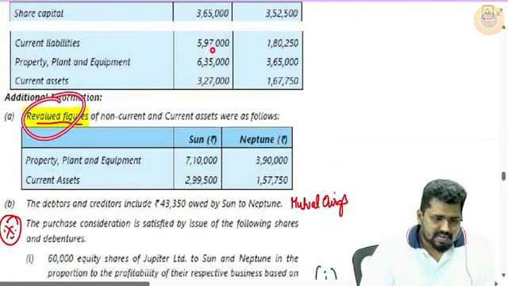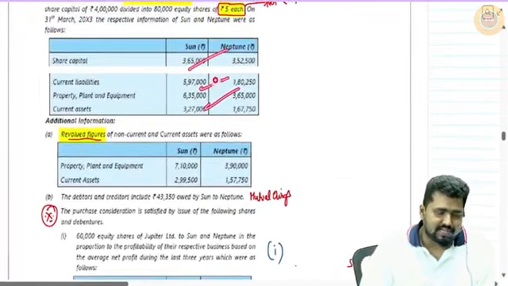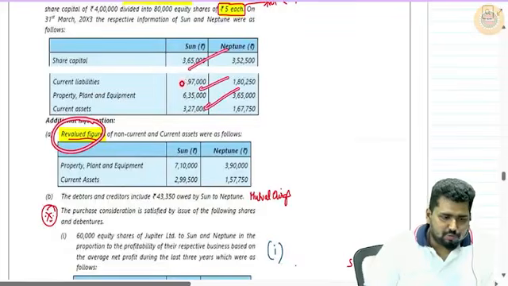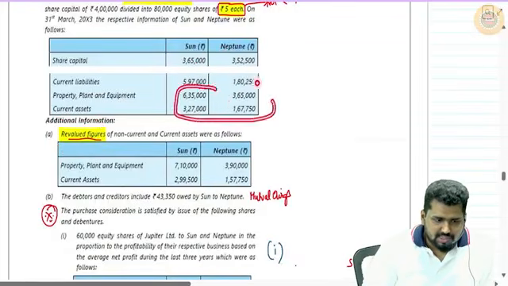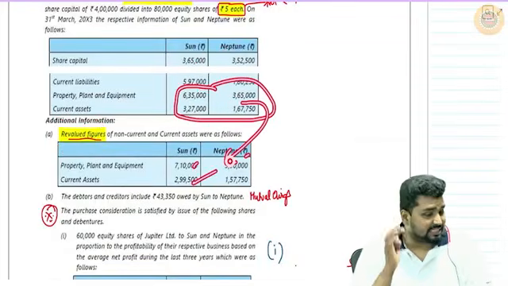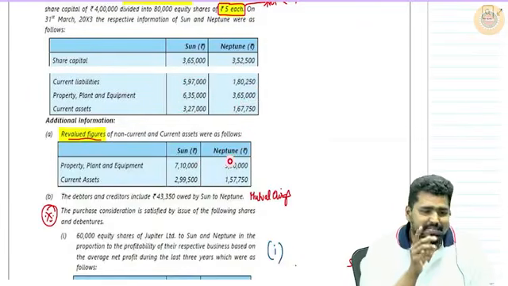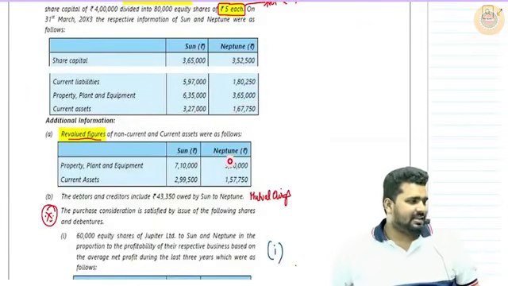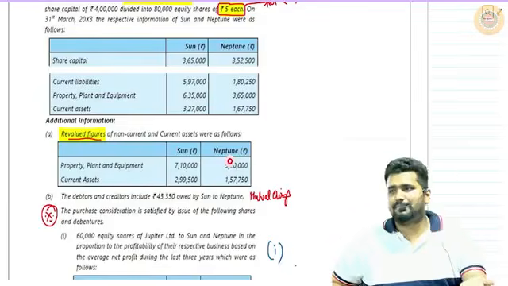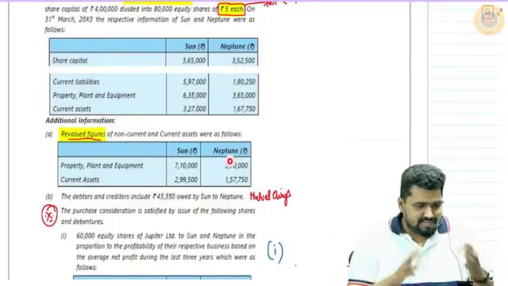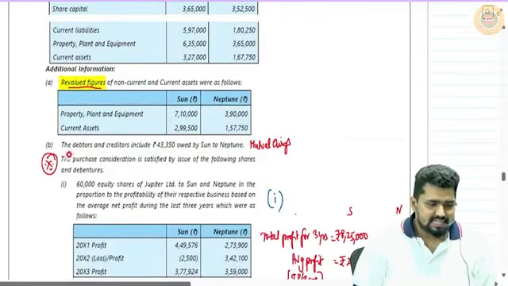They are telling, even though I am giving you the information of Sun and Neptune, I have revalued these two, PP and the current assets. The moment you see revaluation, what you have to think, merger or purchase? Purchase. The moment you see revalued numbers, it is purchase. Clear? Debtors and creditors include